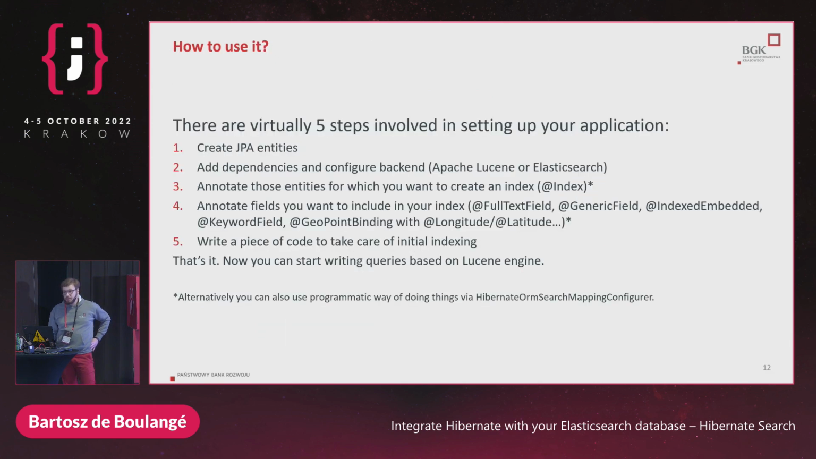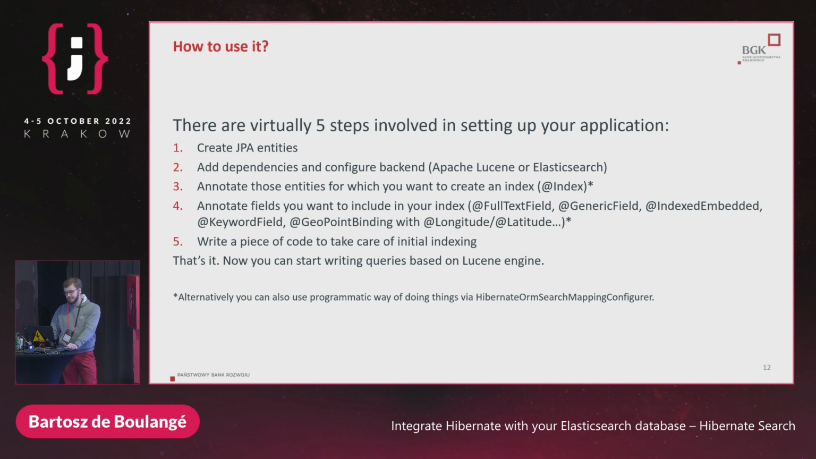Okay, so how can we use it? There are virtually 5 steps involved in setting up your application. First, you have to create your JPA entities, obviously, and you would have this already if you have something working and then want to add full search capacity. So what you would have to do next is add some dependencies, annotate those entities for which you want to create an index in your NoSQL database, and